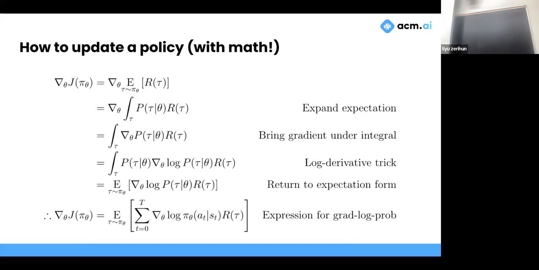And this equation is something that we can actually calculate moment to moment as we go from state to state to state. If you look at this slide and work through the math, it would be helpful for understanding it, but we're a little bit short on time. So I'm just going to say that maximizing the expected value of a reward function boils down to this expression.